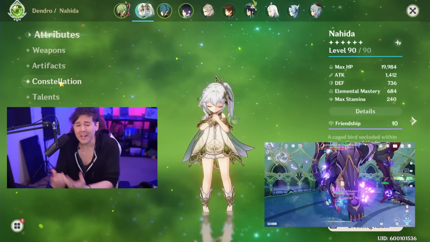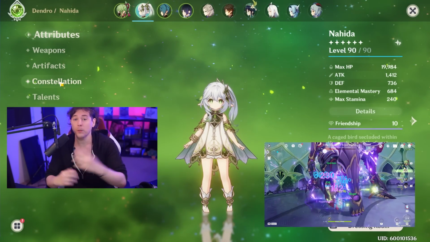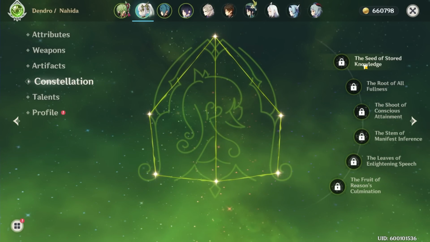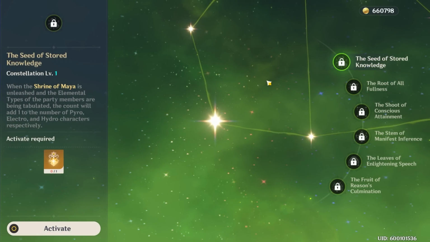So Nahida's going to be an amazing character to just get in there, be powerful, easy to play, and easy to build all at the same time. Now, she also has two of the best constellations in the game as well. So if you want to take this character and make her absolutely busted, the Constellation 1 here is going to